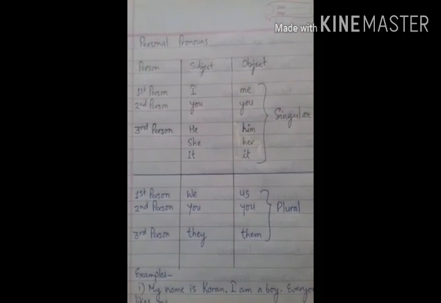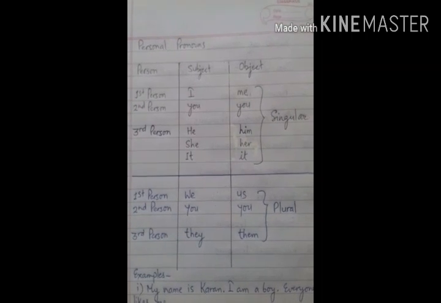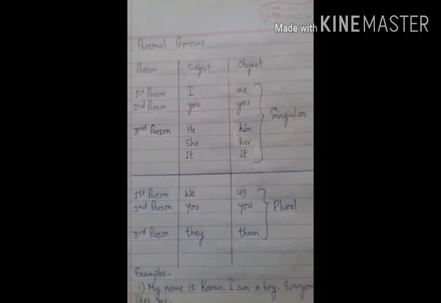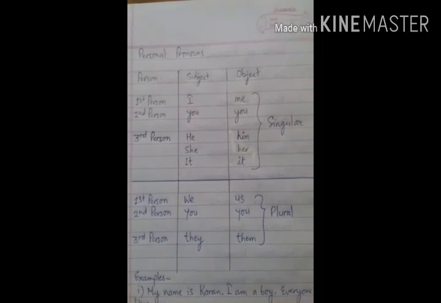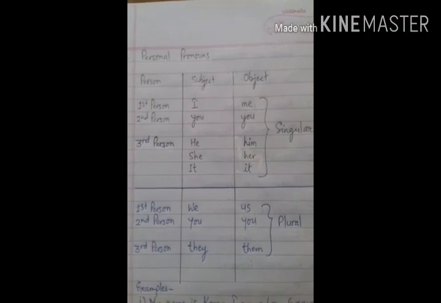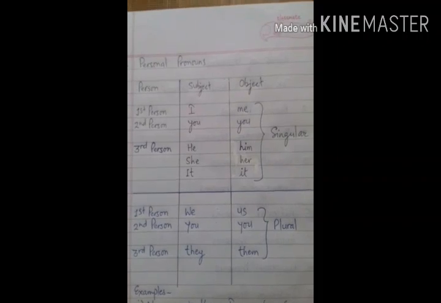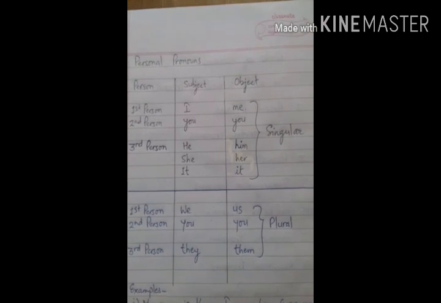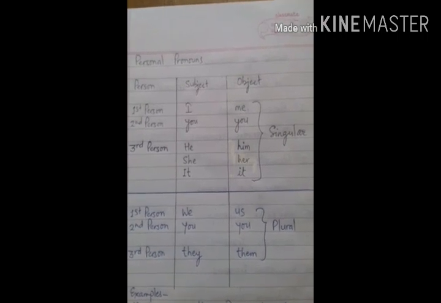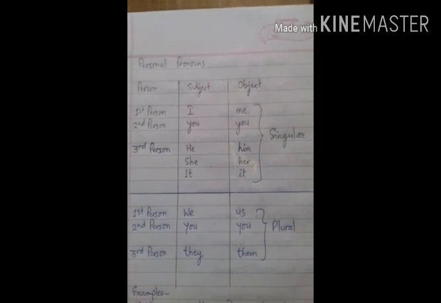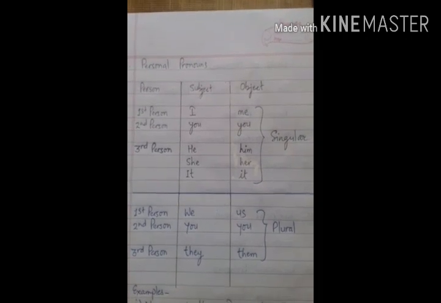And third person refers to the nouns about whom we are speaking. That means if I am speaking to you, about whom I am speaking, they are third person. If I am speaking about a boy, if it is singular, then it is he. But when that singular masculine gender is used as an object, it becomes him. So he is the third person singular subjective pronoun, and him is the third person singular objective pronoun.